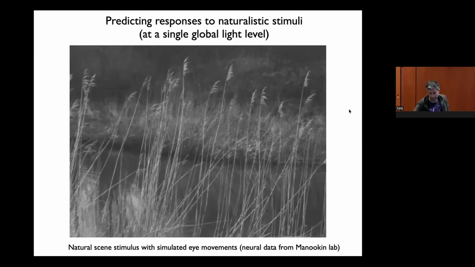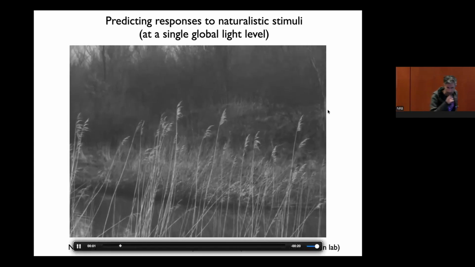Okay. And then the other point that I think is important here is that the issue of adaptation isn't just one where you go from one constant light level to another constant light level. Adaptation is a constant ongoing process, as you might have imagined from that trace of light levels over time in the outdoor environment of the Duke campus. And so the next experiment we wanted to do is to see if we could capture some of that, let's say, more dynamical adaptation